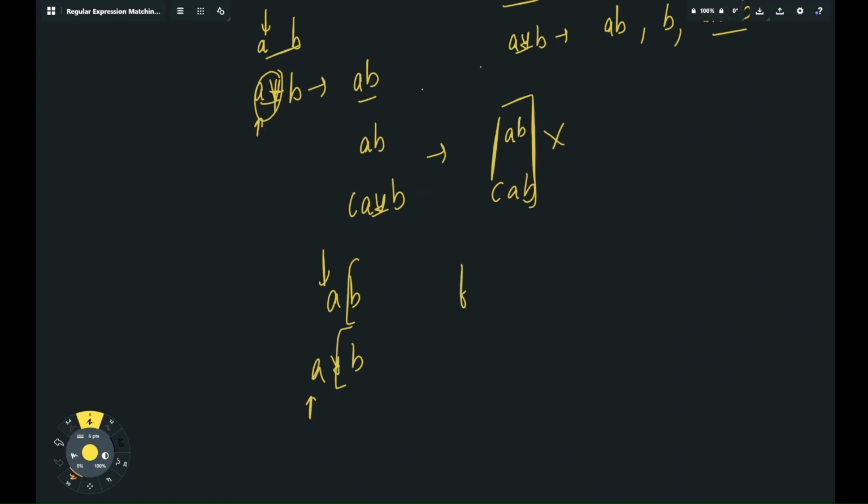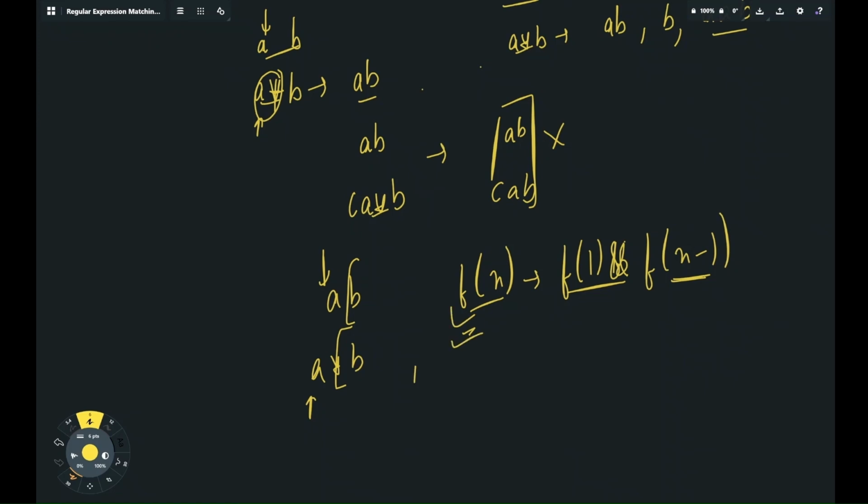So if we write it as a function f of n, we have to check that f of 1 matches or not, and if yes, then we check if f of n minus 1 matches or not. So it's not plus, it's like an AND condition. This seems to be a recursive approach,